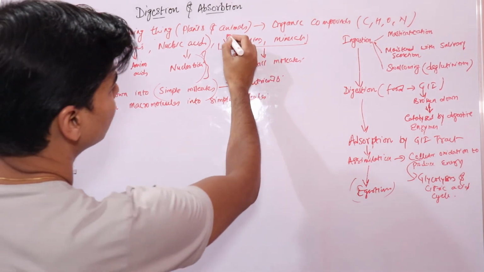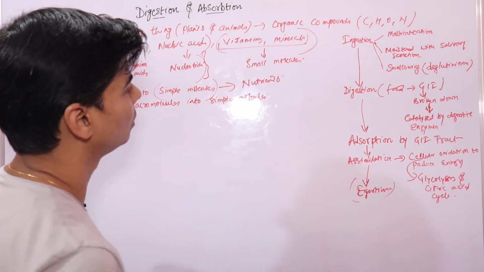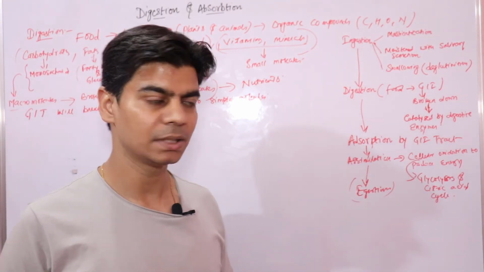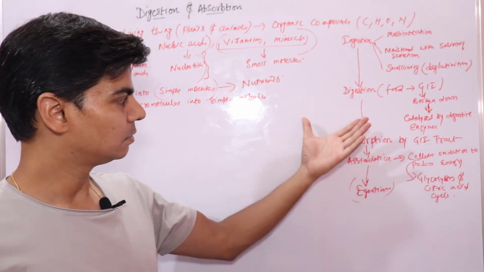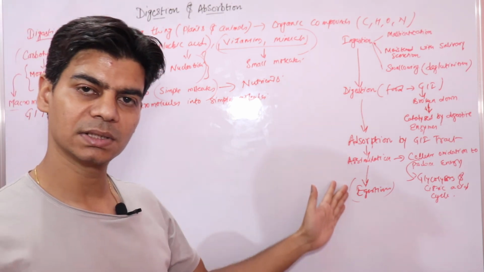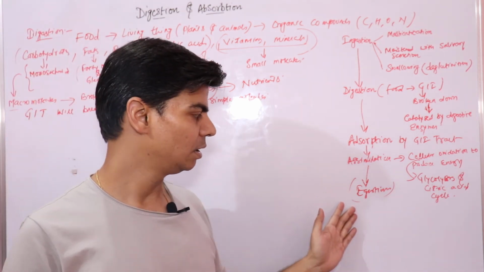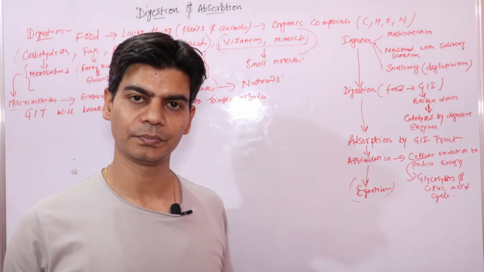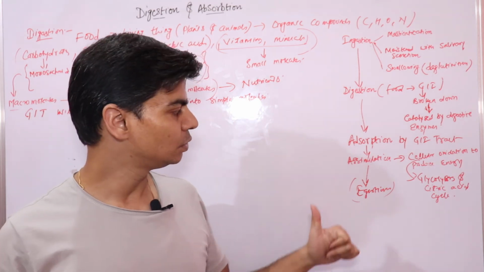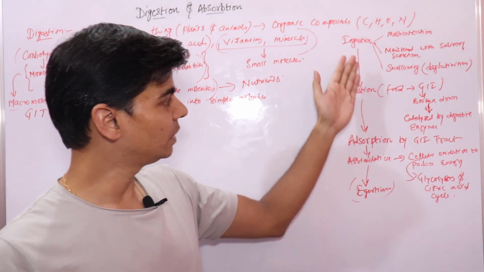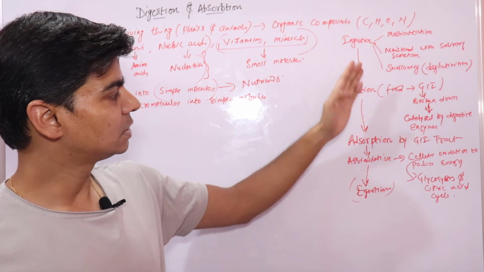Now, vitamins and minerals. This is important. Vitamins and minerals will not undergo this process. Why are we looking into why carbohydrates, fats and proteins undergo this process? Because they are big molecules which cannot be absorbed by our body system. So they need to be broken down into simple molecules. So they will undergo digestion,